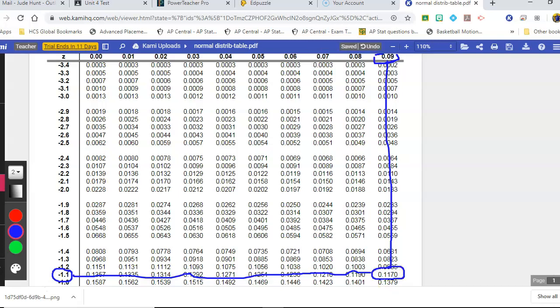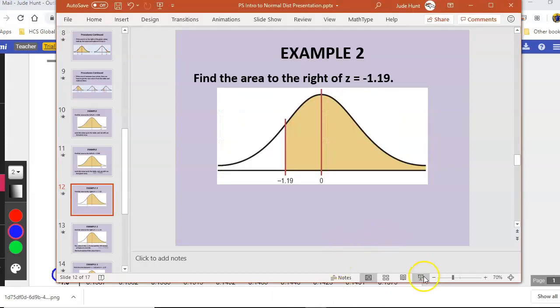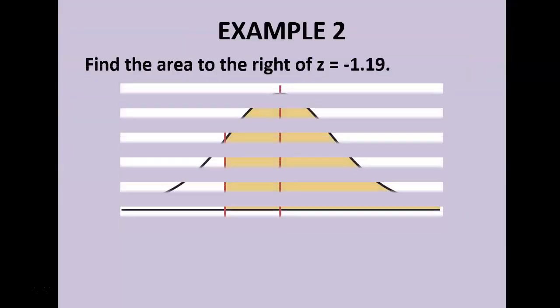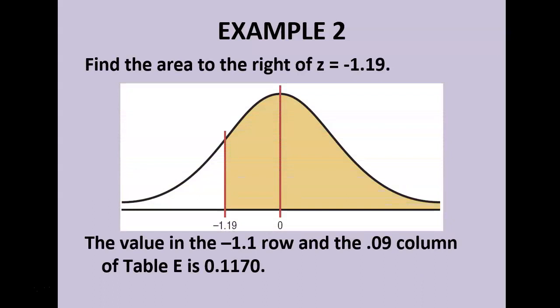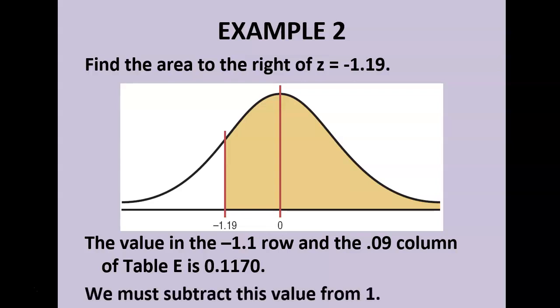0.1170. Now, since we're finding the area to the right, we take that 0.1170 that we got, and we subtract it from 1, because we're finding the area to the right. In other words, we're looking for values that are greater than -1.19. So we take that, subtract from 1, and we get 0.8830. So that basically means that 88.3% of all the occurrences in this distribution happen above